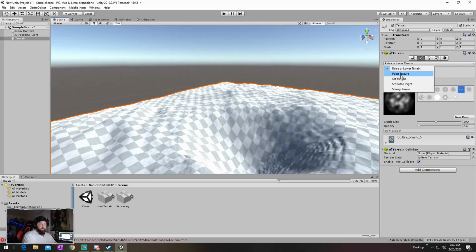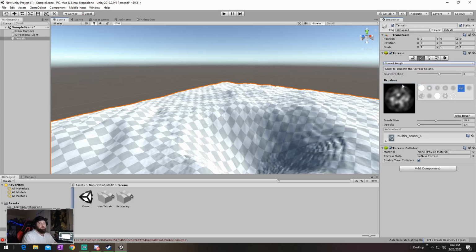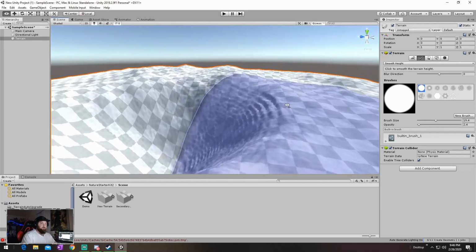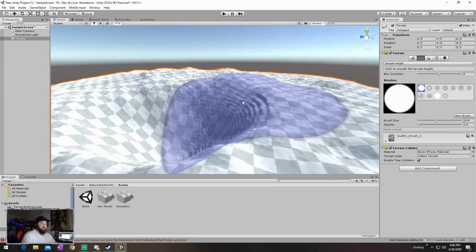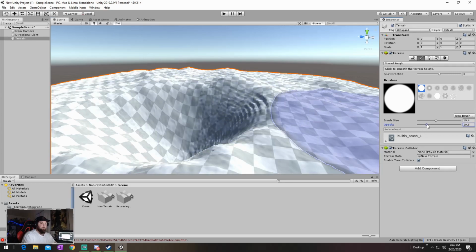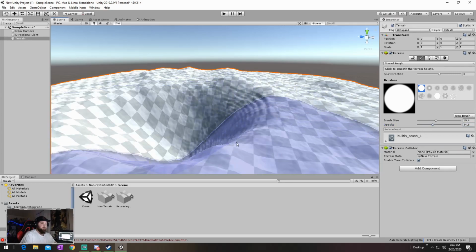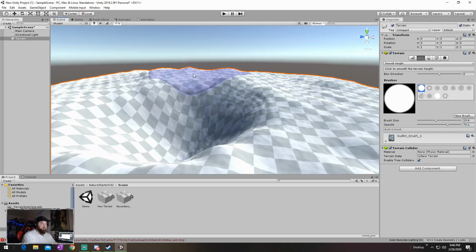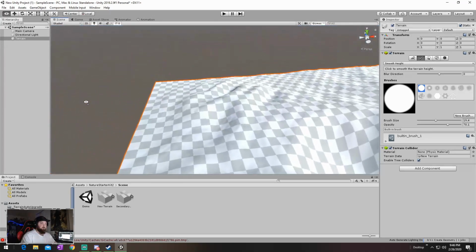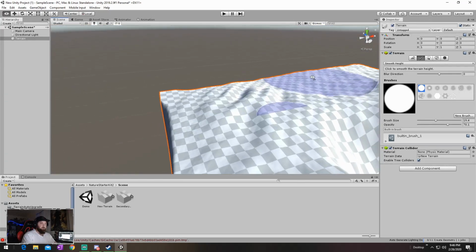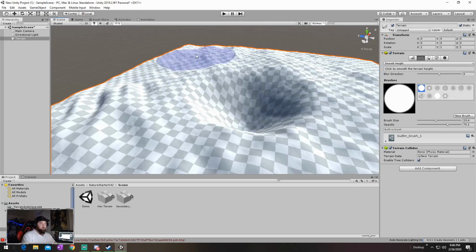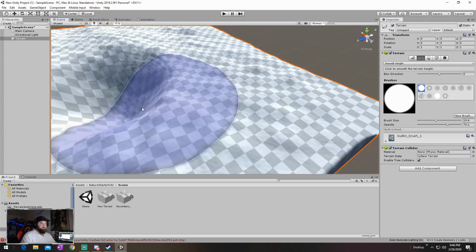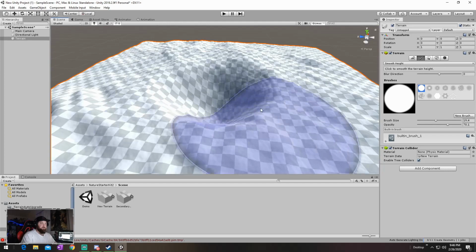We're going to go back to this drop-down menu, and we're going to go to Smooth Height. What Smooth Height does, it takes all these riblets. You see how it's kind of janky right there? We can smooth it out. We can increase the opacity on this if you want to. You just smooth out the land just a little bit, so it's not so bad. You want to raise the opacity a little bit higher on this, just so it doesn't look bad. And it just takes all the minor details